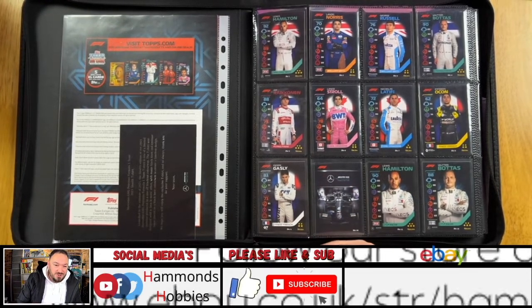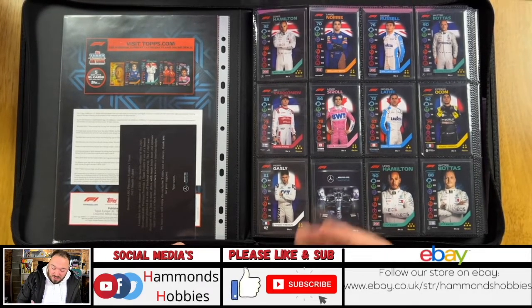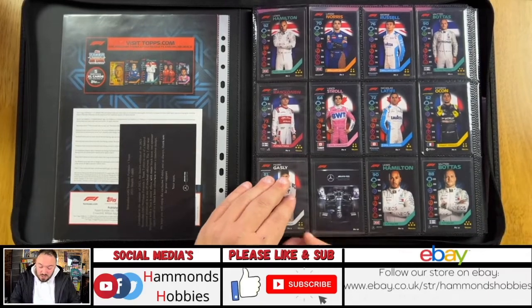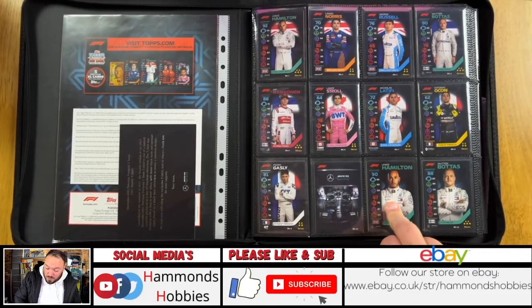And they only chose 9 drivers. So I don't know who made that call and how they went about it, but there's only 9 drivers on the very first page. And then from the second page, it goes into the teams. So we start off with the team badges, which is the Mercedes one with Lewis Hamilton, single portrait shot, and